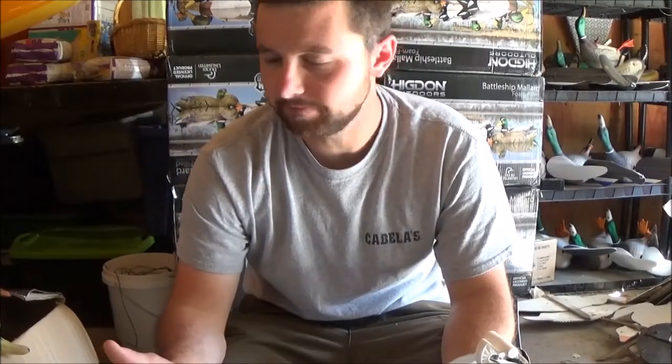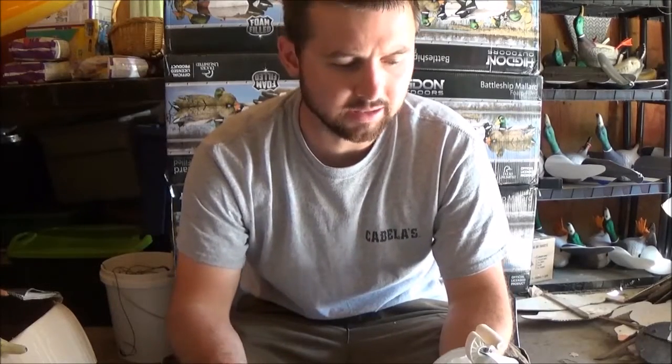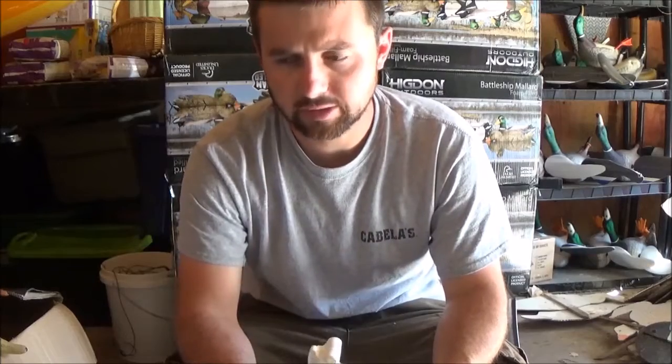Now, I'm going to try to narrow it down for you guys as best I can today, because I hunt over a permanent spread, which is a wide variety of everything we put in the spread. We got everything that's white under the sun out in the spread. We hunt over 2,500, and we hunt them all season. They stay out there all season, so I'd like to think that I could give a pretty good decoy review on what works, what's the cheapest, what's the best,